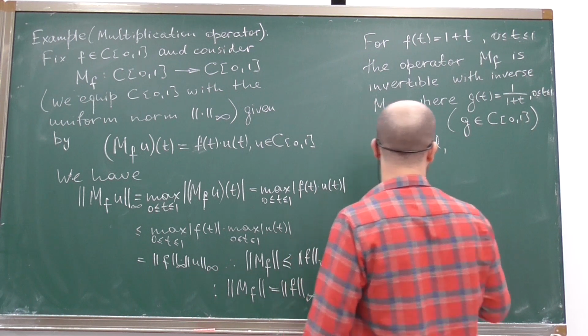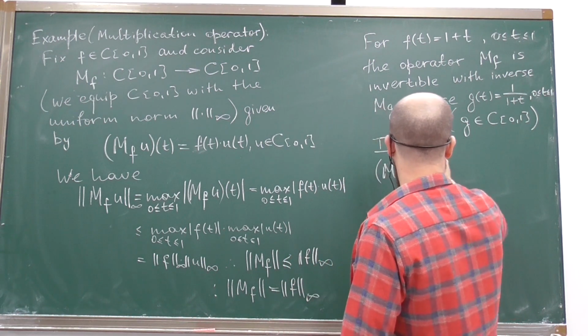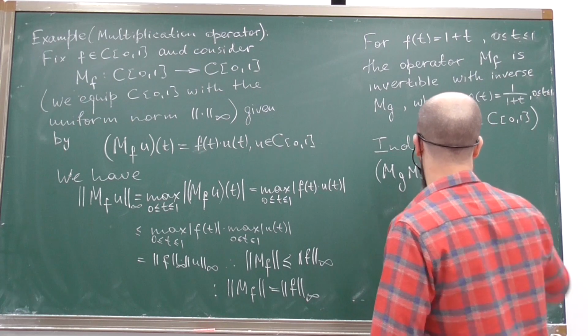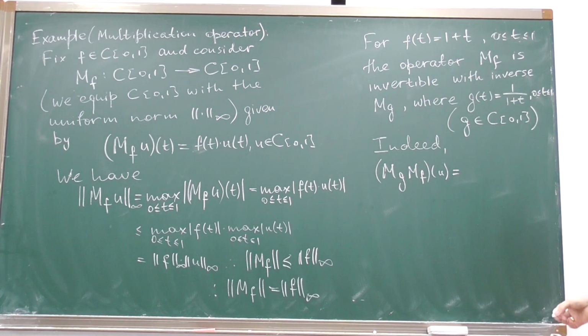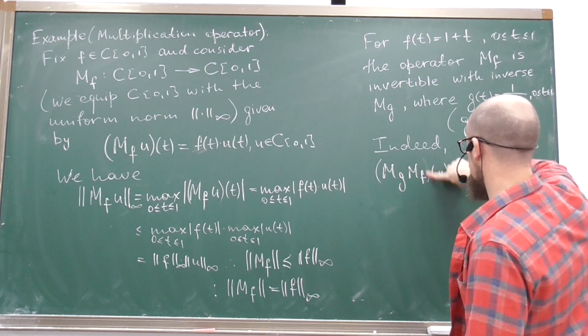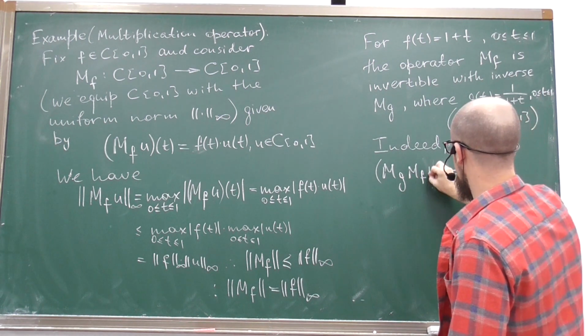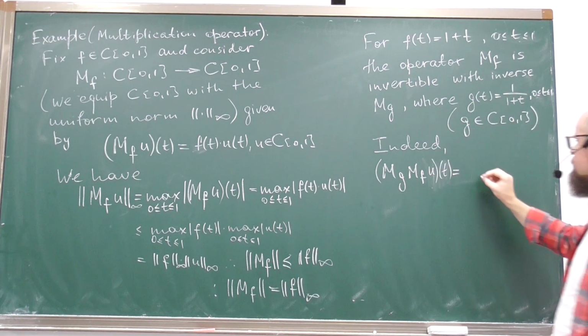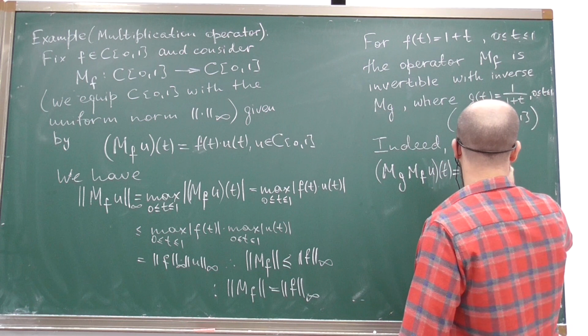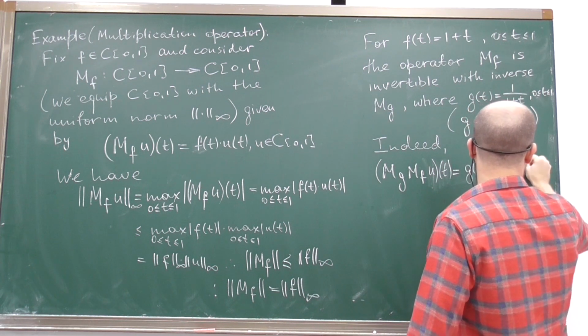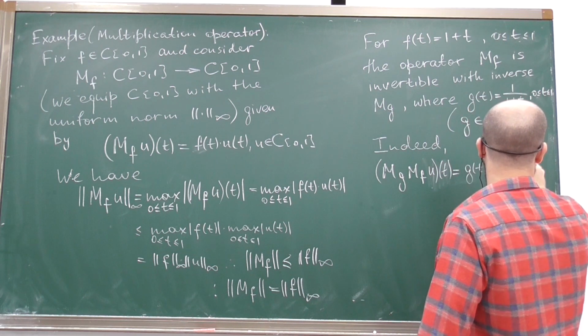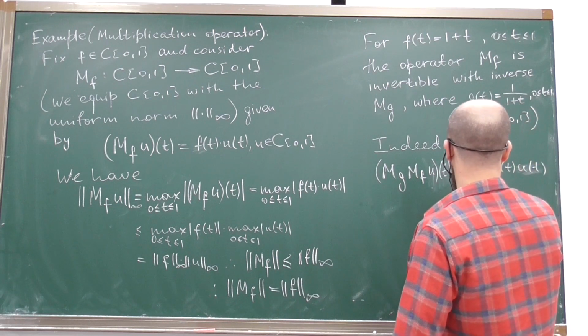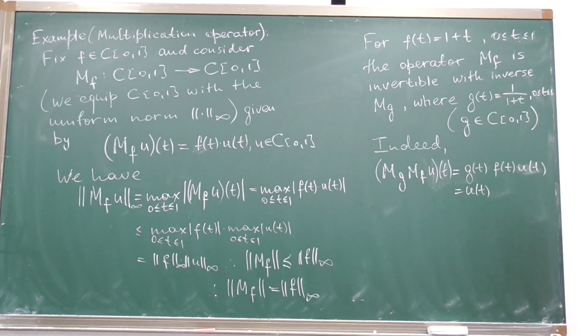M_g times M_f at some function u, at the point t, equals g of t f of t times u of t, which is nothing but u of t, because g is the inverse of f as a function,